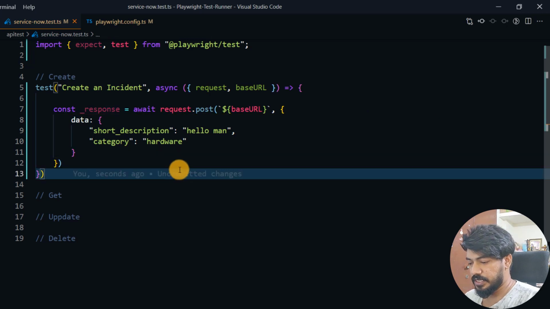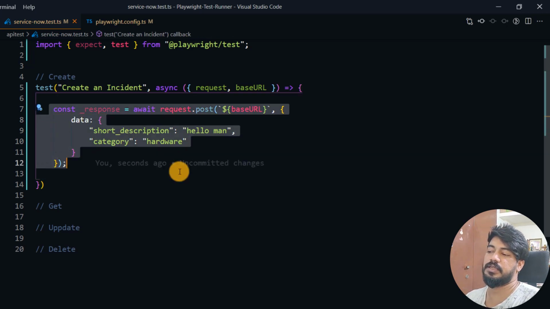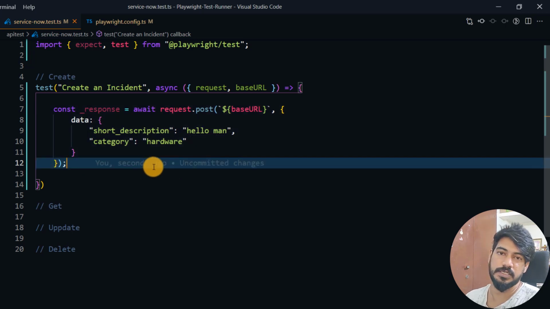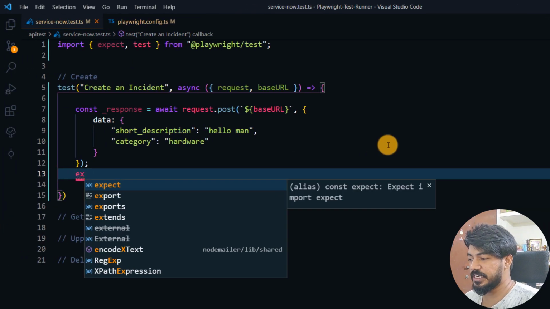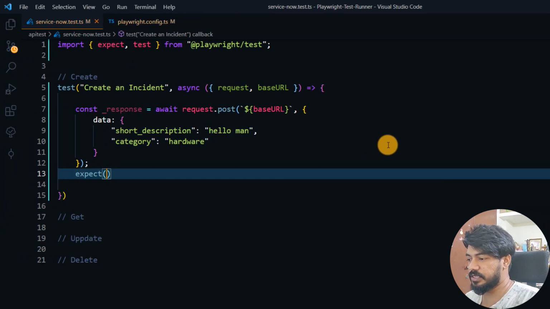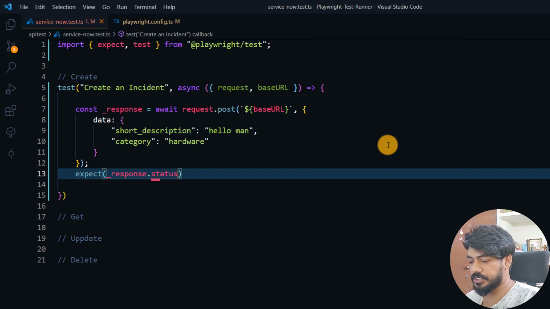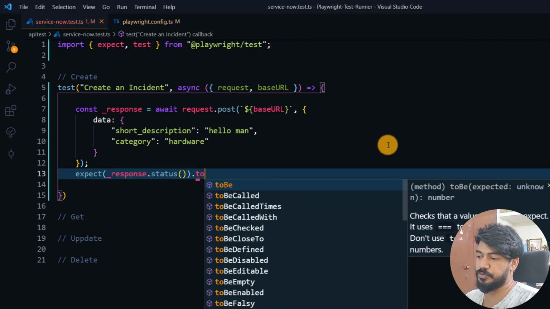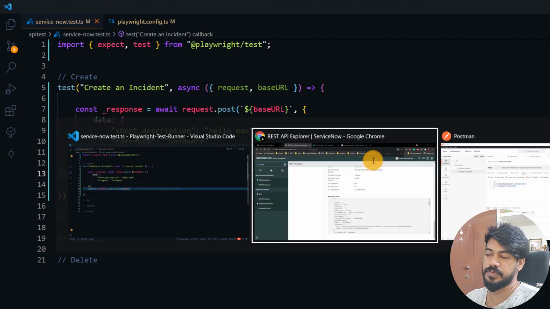Okay, and yeah, now once we create an incident, when we send the request, of course we have to do some assert verification. Without verification there is no test, right? So here I can expect the response dot status to be 201, right? So when we create, of course we will get the 201.